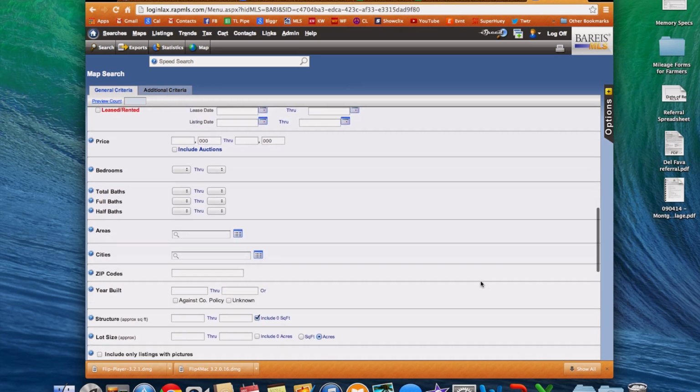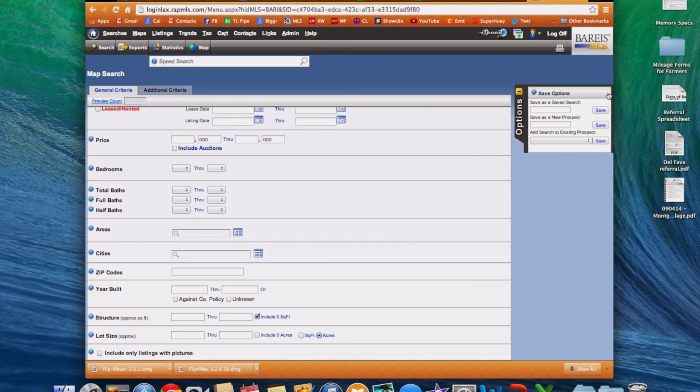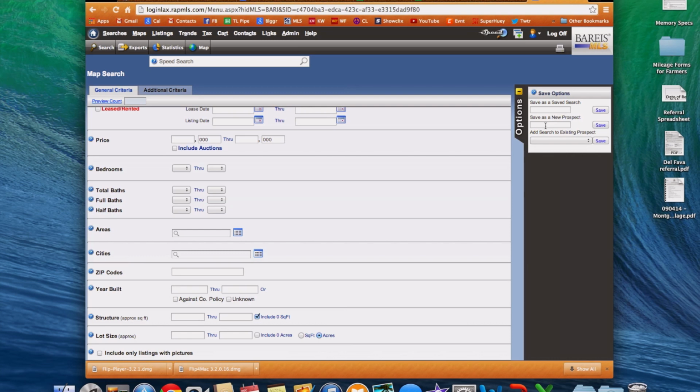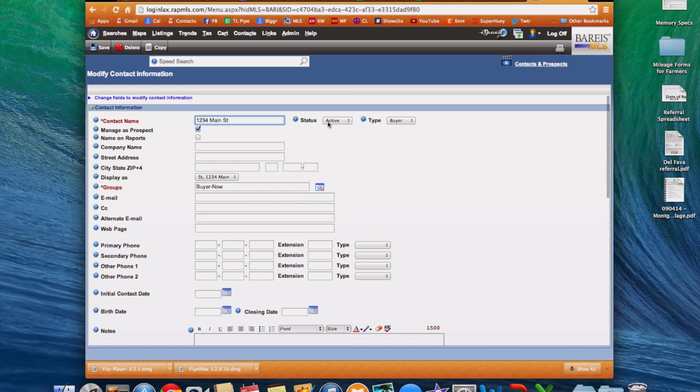And once you're done creating all your searches, I'm not going to do it here, what you're going to do is save that search as a new prospect, and you're going to call it, let's say, 1234 Main Street is your listing address. You'll save it as the name of your listing address, and you're going to save it as a prospect. Once it's done, it'll save that search as a prospect, and you'll then go in here, and we're going to show you how to